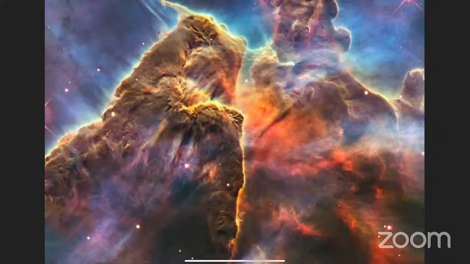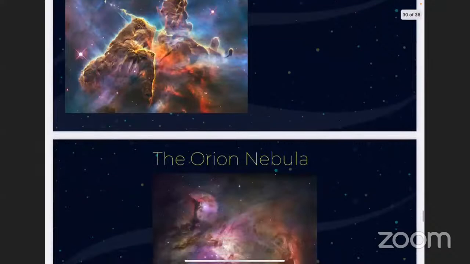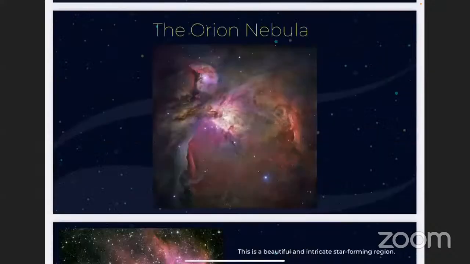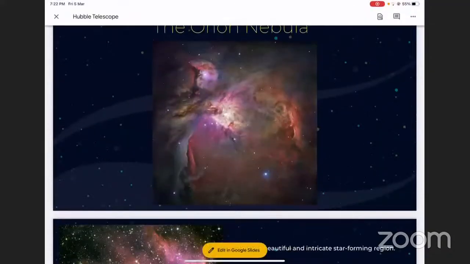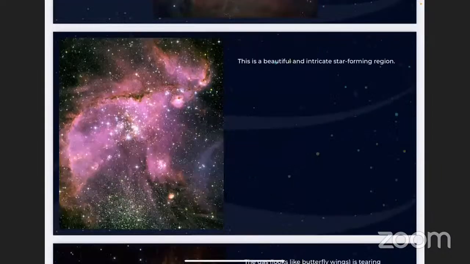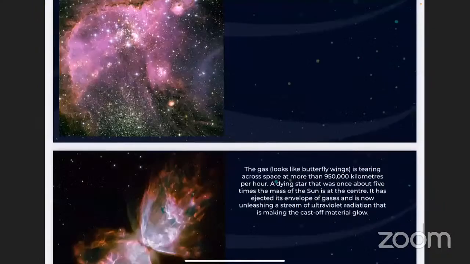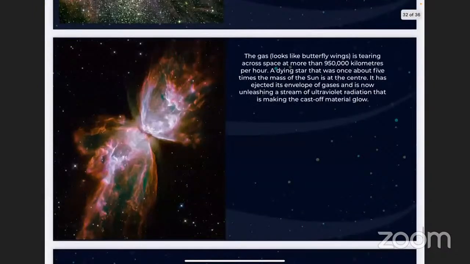This is one of the largest nebulae in our galaxy. I think it's around 20 to 30 million light years in diameter. And over here is a beautiful star forming area as well. All taken thanks to Hubble. And here is the famous